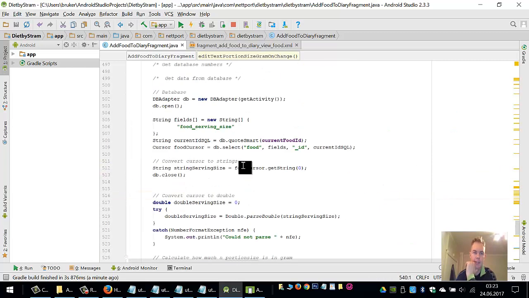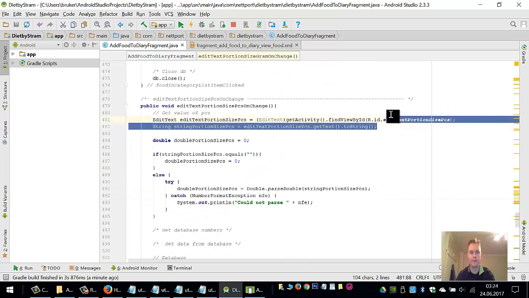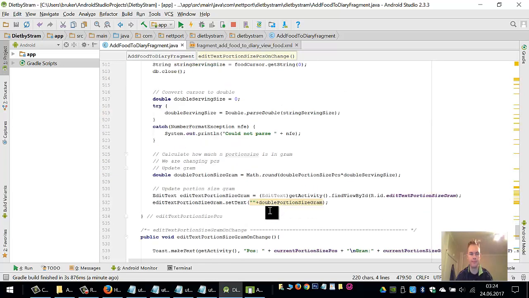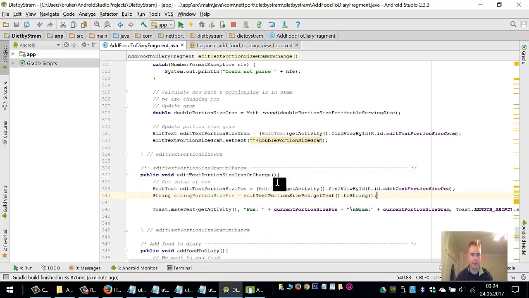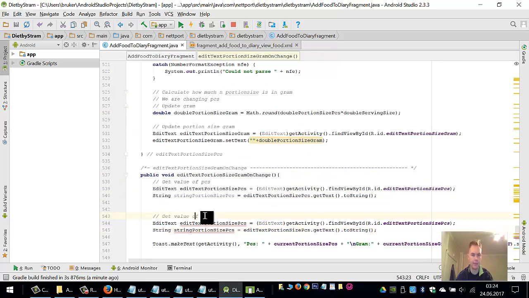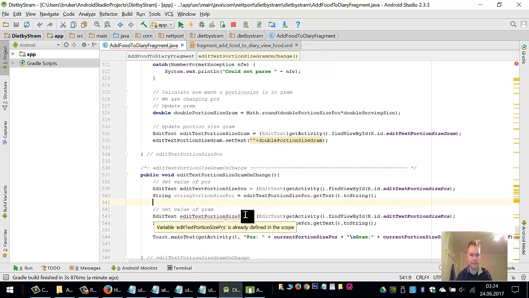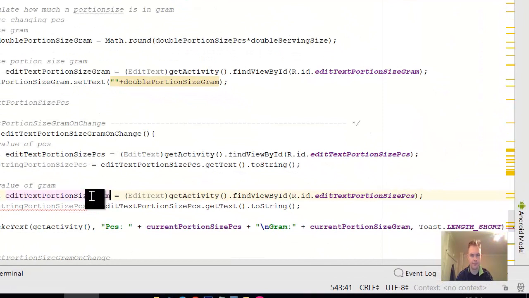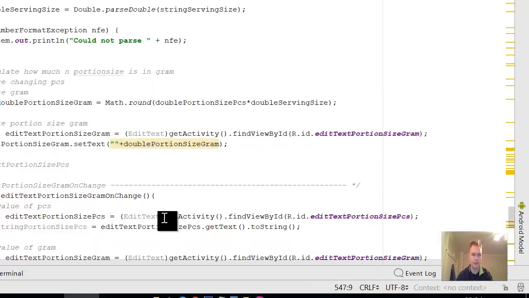So let's get text fields first now. Get the value of pieces and the value of the gram. And then just make a check